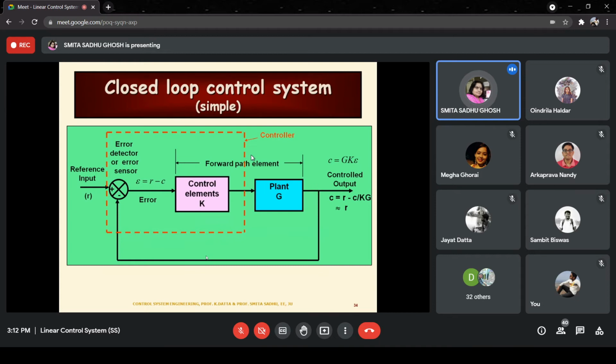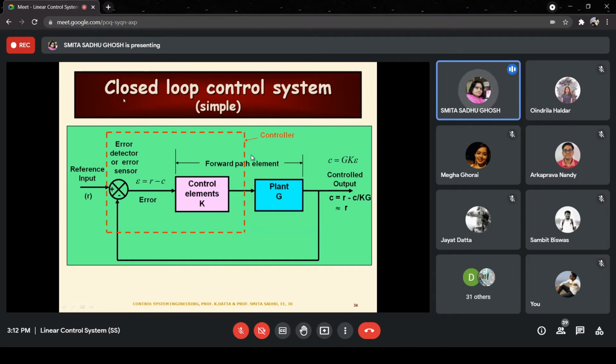On the other hand, in a closed loop system, there would be a signal from the output side to this block. So basically, a comparison is going to be made over here, and a signal is going to be generated, which is going to go to the control elements. So now,